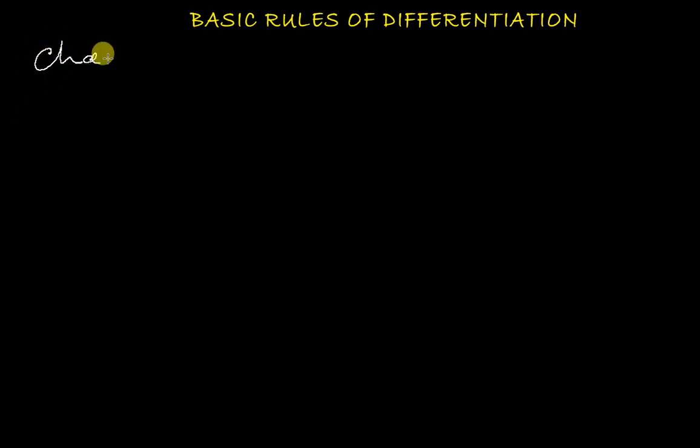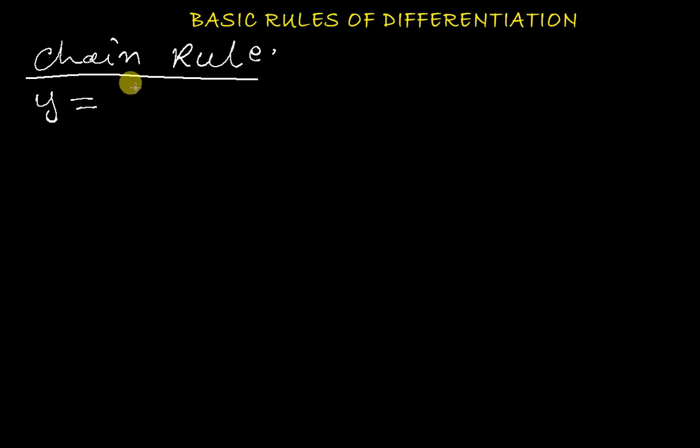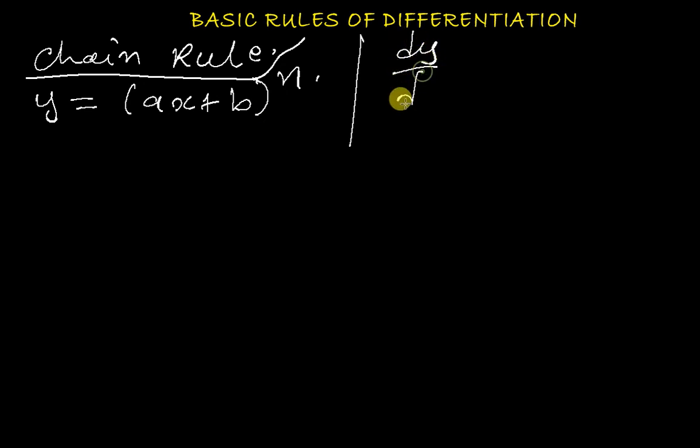So the chain rule is used to differentiate composite functions. A function that is, for instance, in the form y is equal to (ax plus b) to the power n. When you have such a function, you differentiate it using the chain rule. So what does the chain rule state? It states that dy/dx